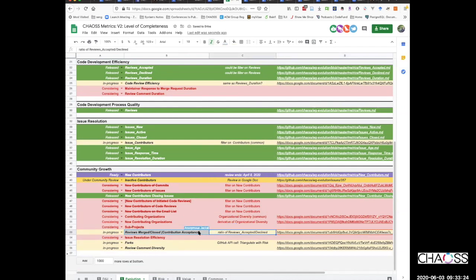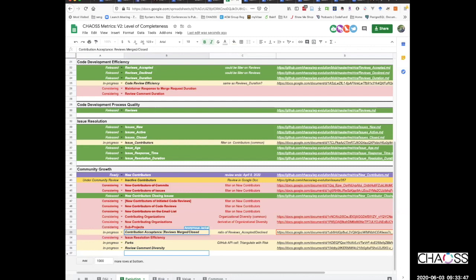If we frame it in terms of contribution acceptance, I think it belongs in community growth, because people will associate contribution acceptance more with community growth. But if we go with reviews merged closed as the name of the metric, I think it would be better served in efficiency, and it also might just be better served in efficiency in general. Okay, now that I think about it.